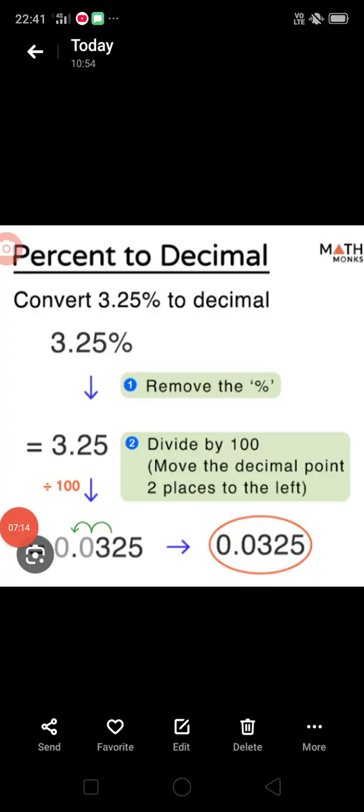Then the topic is percent to decimal. Convert 3.25% to decimal. First step is remove the percentage, that is divide by 100. Then move the decimal point 2 places to the left. Then we get the answer